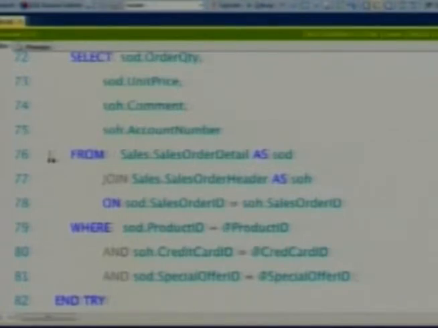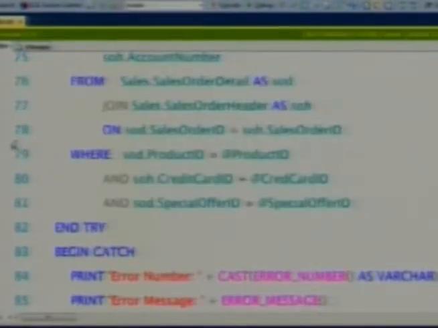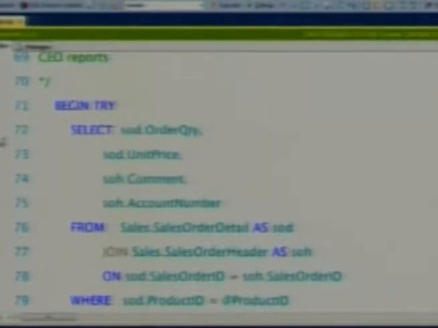Begin try, select, where, end try, begin catch. And I've illustrated a few ways that you can catch stuff inside of here. And yes, yesterday was pointed out to me, how much error trapping do you really need on a standard, straightforward select statement? Probably not much. However, what I generally do is create a template for my stored procedures that includes error handling, and then every single procedure gets error handling automatically. Just a good practice. That way the ones who need it get it, and the ones who don't need it, well, they get it anyway, but it doesn't hurt them, so what the heck. Okay? Questions, comments, rocks?